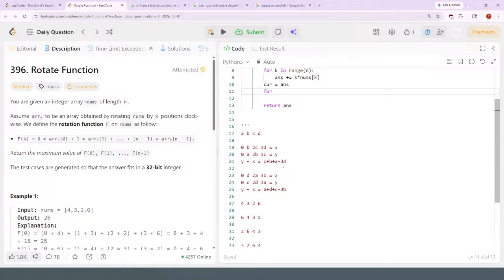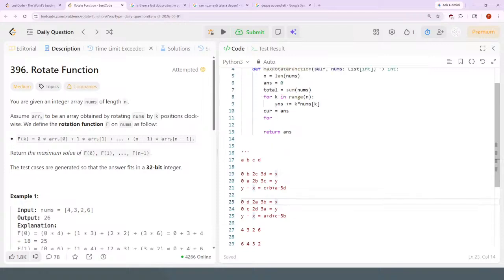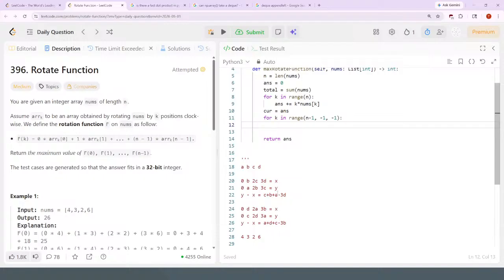Minus 3D. This thing minus this thing is minus 3. Okay, so k in range n minus 1 to the start, decrementing, then current modifies by, so this is